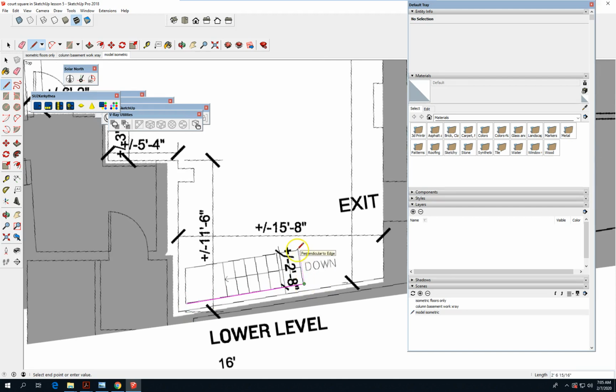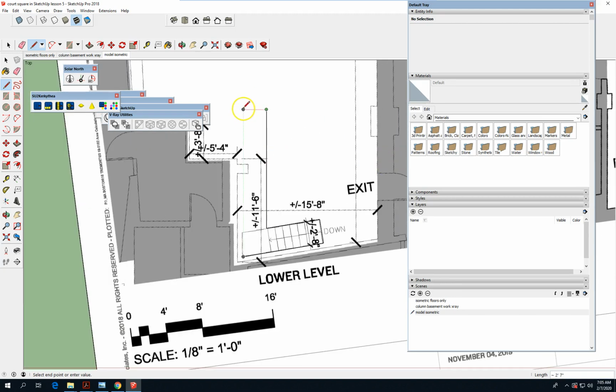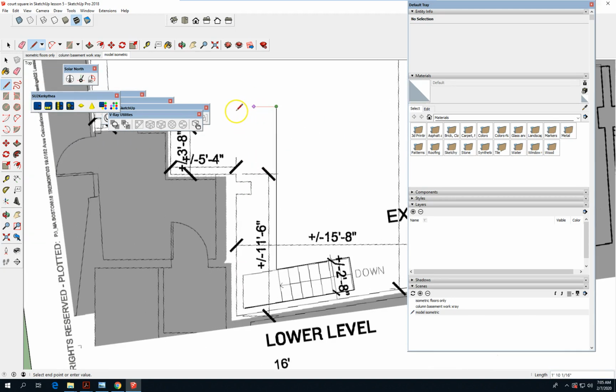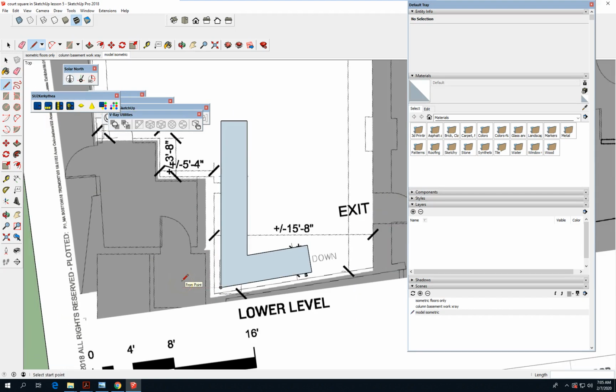Let's assume the down position is correct, and then in this direction I'm going to go 10 feet plus 3, 13 feet. So that's the space we need from the beginning of the stair, plus the landing,